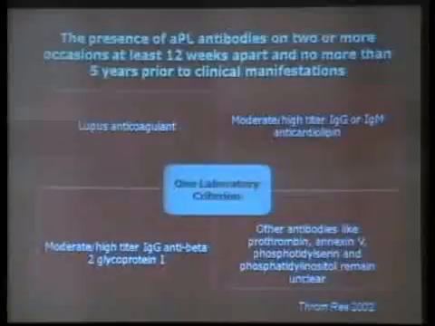Test instead of doing the lupus anticoagulant. And we don't have facilities to measure beta-2 glycoprotein levels. And there are other antibodies which can be measured, again very difficult in our situation. The Sapporo criteria for classification of antiphospholipid antibody syndrome, which I just mentioned, have been revised again in 2006, but it